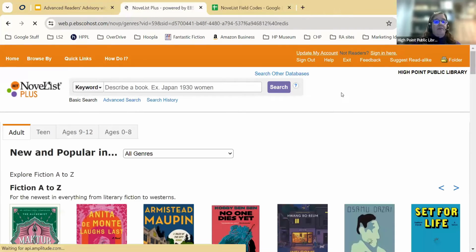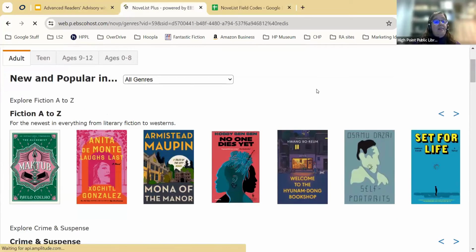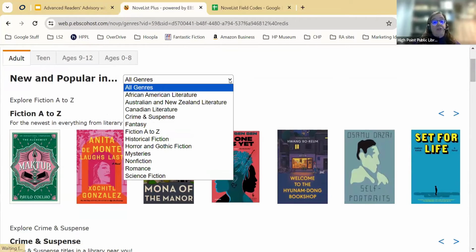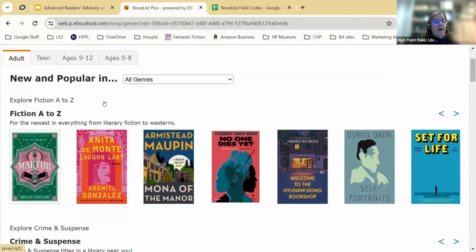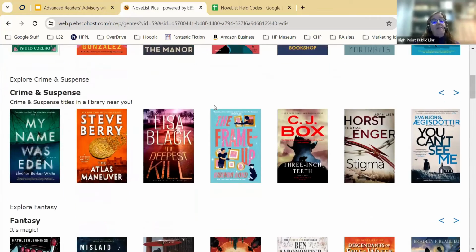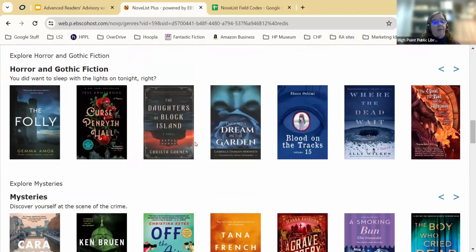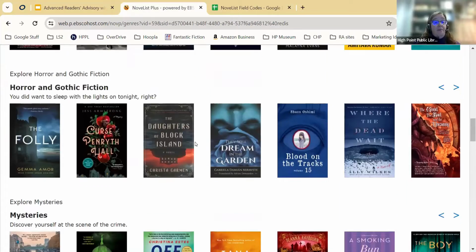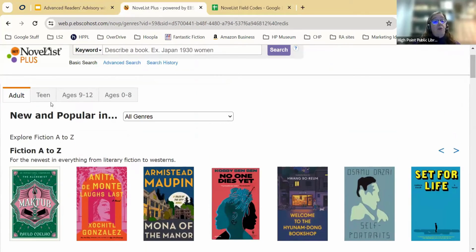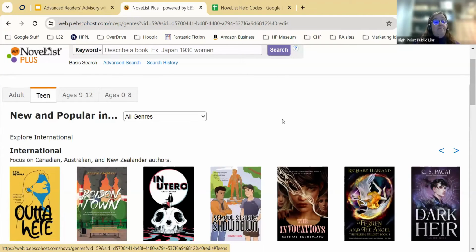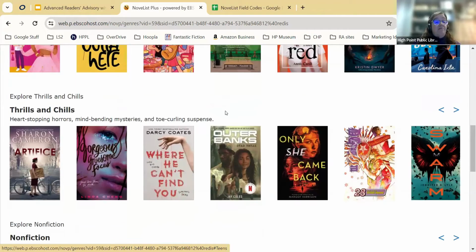And this, truly at a glance, I mean, it's just all genres. You can choose, as you see right there, the top genre categories or the most popular ones. And this is adults. If you want crime and suspense, fantasy, historical fiction, horror, gothic, you get the idea, mysteries. And you will also see all of those genre categories with the different age groups. So the teens,